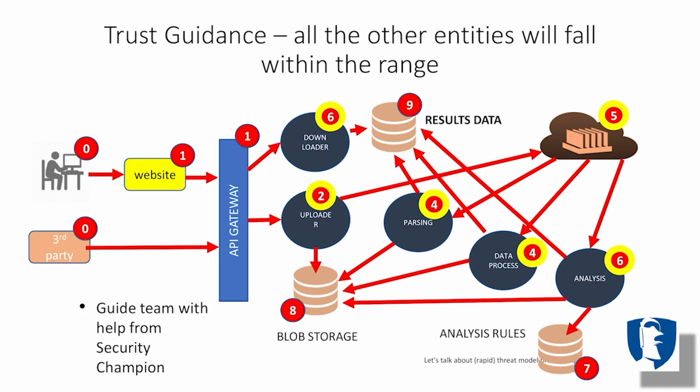Now I fill out everything in between. So I put in downloader component, has a 6, upload component of 2. These are sometimes arbitrary, but you can mix and match them until it feels like it works. What you want to do is you end up getting a zone of trust on every one of the elements in your model. Now I can pull that information out, and it's no longer just, shall we say, non-contextual information. I can actually pull that in, and I can actually run with that.